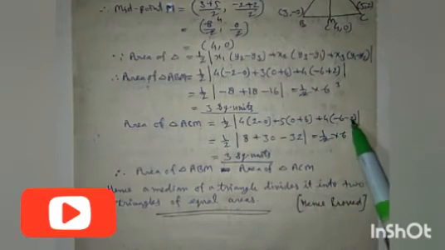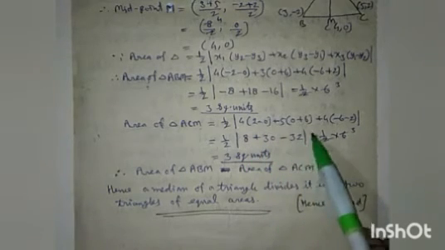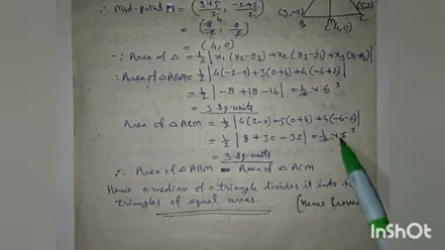Now area of triangle ACM is equal to half modulus of 4 into 2 minus 0 plus 5 into 0 plus 6 plus 4 into minus 6 minus 2, that is equal to half modulus of here 4 into 2 is 8, plus 5 into 6 is plus 30. Here 4 into minus 8, so it is equal to minus 32. So here 30 plus 8, 38 minus 32 will give 6. So it is equal to half into 6, that is equal to 3 square unit.